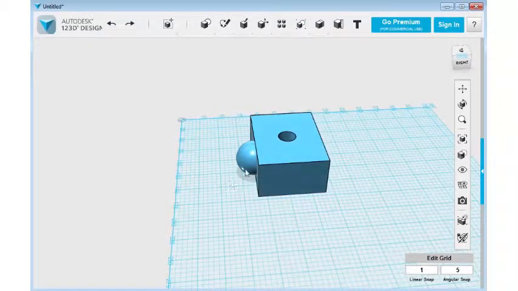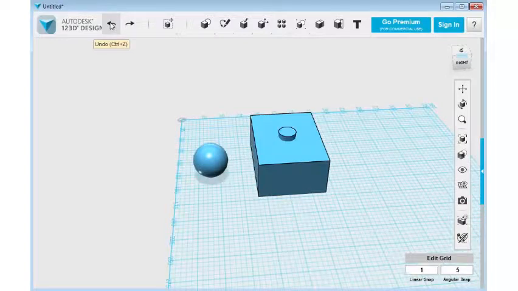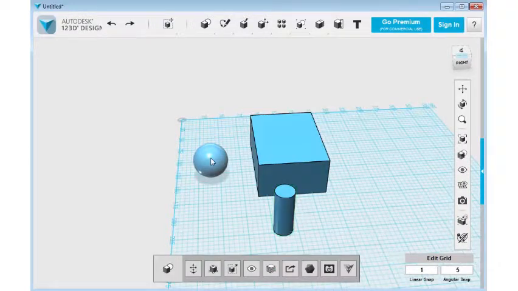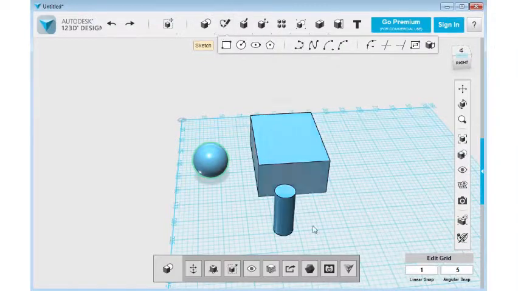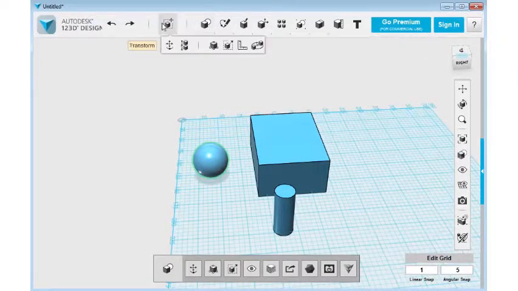Now we could also combine different shapes. Oh, if you want to go back, you could also use these buttons right here, forward and back. So we can do undo, undo a couple times, redo, and then get this back, and then we could try to place this object on top of this cylinder,